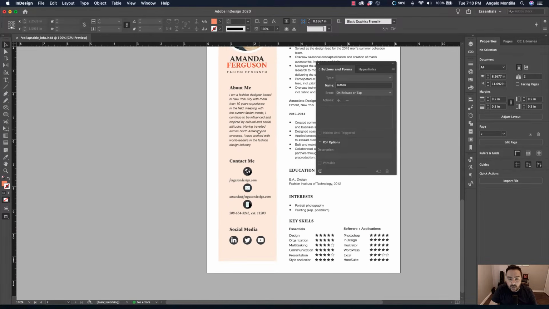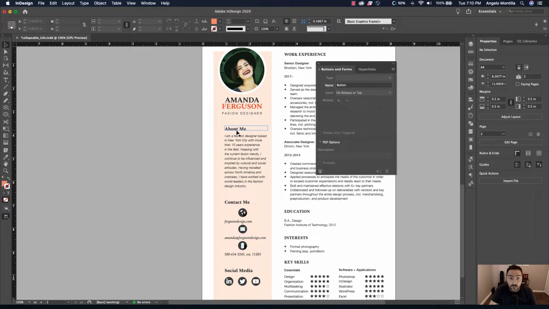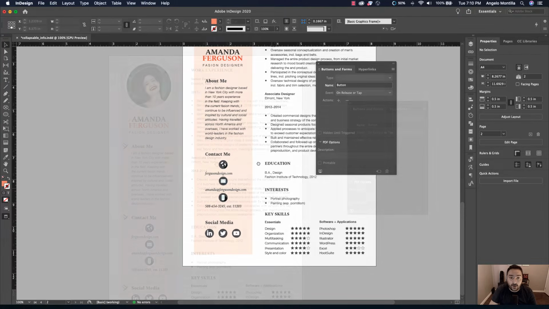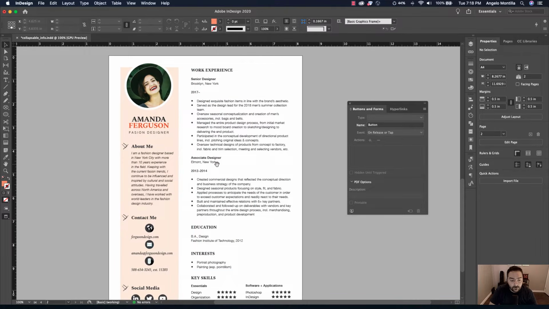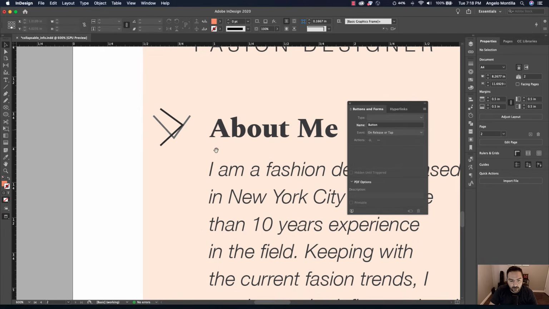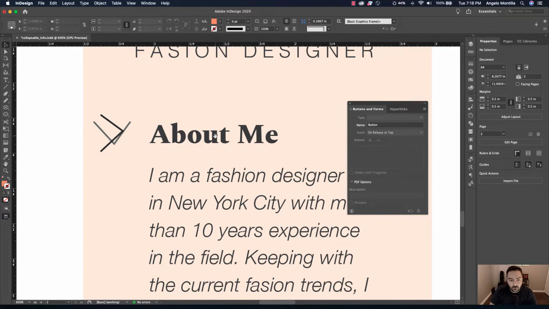So now I'm going to show you how to create collapsible buttons, as well as link these icons to social media, as well as website and other elements. Okay, so now that we have our information, our icons all in this sidebar, I went ahead and added a right arrow and a down arrow. These are ones that I've created myself. You can go ahead and use any ones that you want or any shape that you would like.